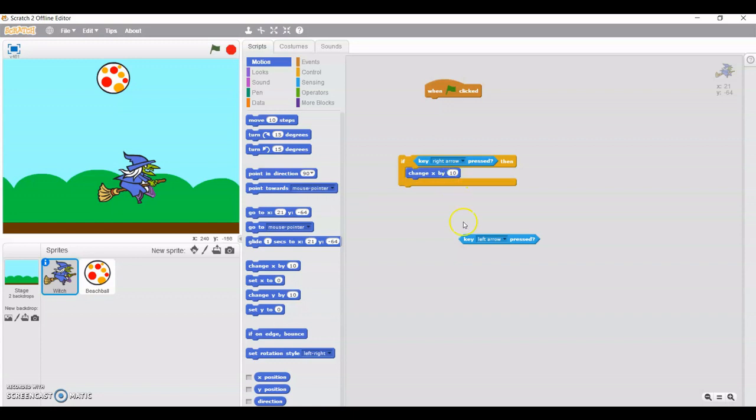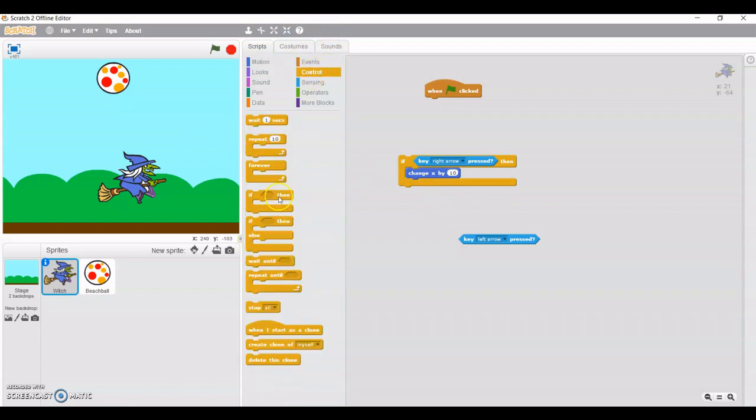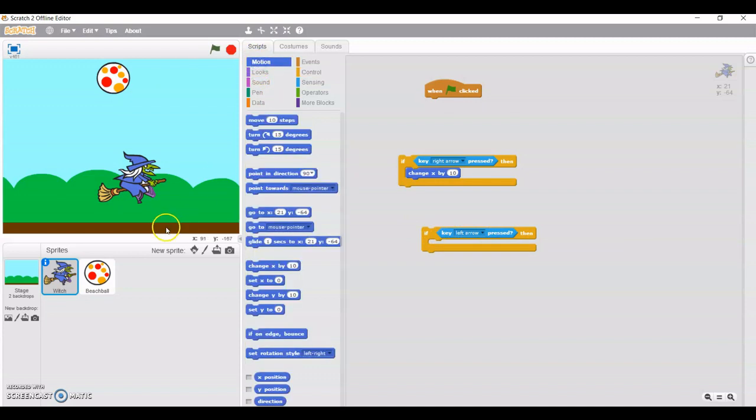Clear? Now again I'm going to take a control if statement. I'm writing, if you press left arrow, again it will move in minus x direction. So change x by minus 10.